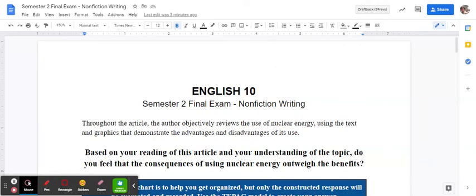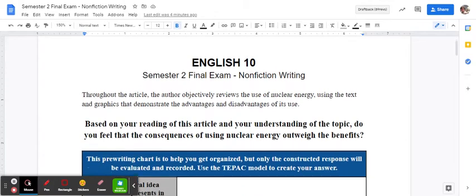All right, everybody, let's take a look at how to do the writing portion of the nonfiction part of the final exam. We read an article about nuclear energy and how it produces a lot of waste, but that we don't have anywhere to put the waste, right? This was an informative article, and the author, she didn't take a position one side or the other. She didn't say we should do this or this is good or anything like that. She just presented the information. So it's an informative piece. It's not a persuasive, okay?